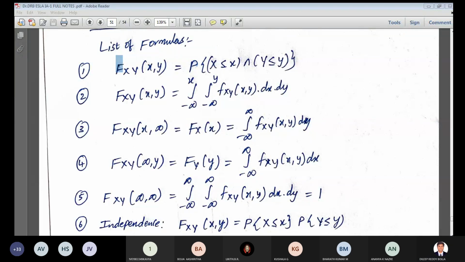Hello? When we use capital F, is it for PDF or CDF? No one? Okay, I'll say capital F is for CDF. Then what is for small f? Capital F we use for CDF. What do we use for small f?